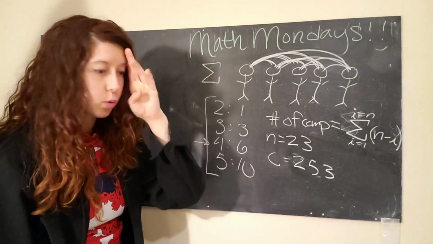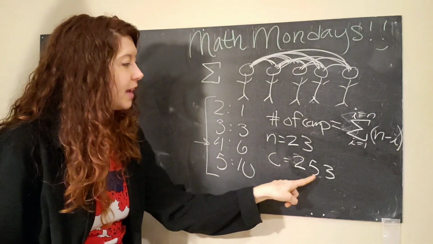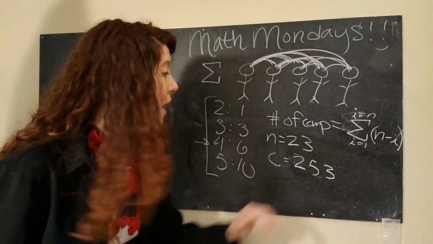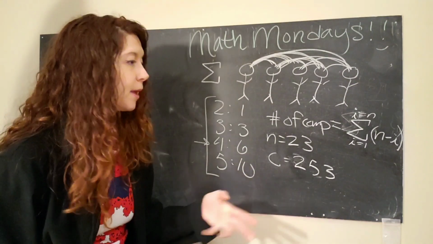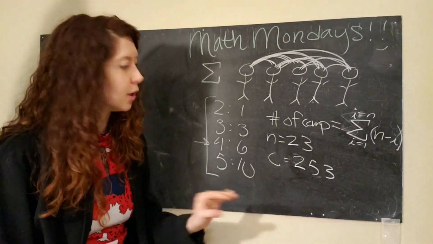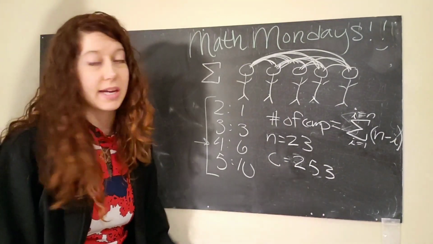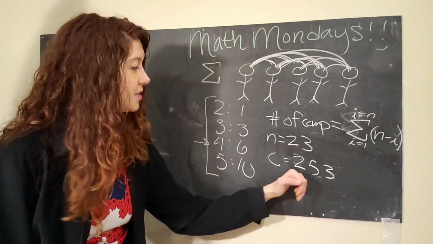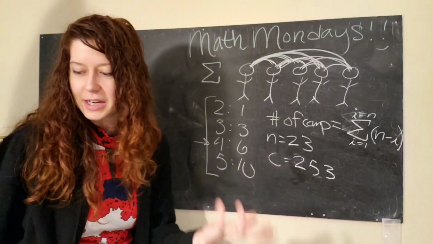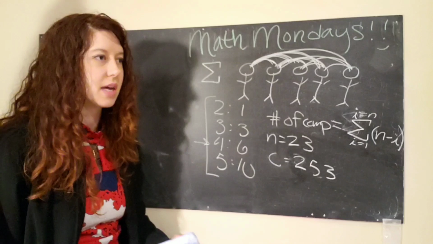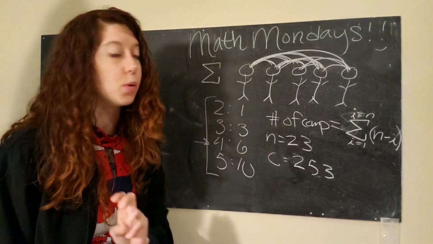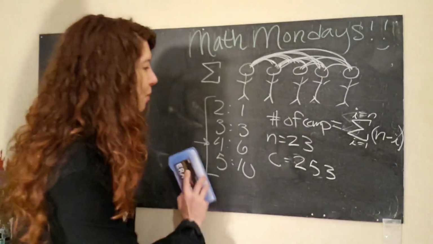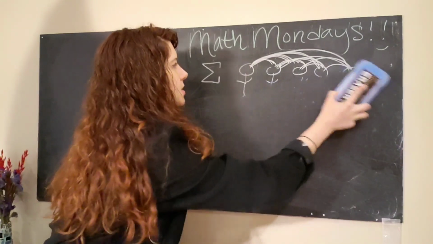When you have 23 people in a room, you have 253 times that you can ask the question, do you have the same birthday as me? That's a lot. And so if you think about it, when there's 365 days out of the year, if you have asked, do you have the same birthday as me, 253 times, that's a lot of times. And okay, so you can make an inference like, okay, it might seem likely that 2 people in a room of 23 would have the same birthday. Cool. But we still haven't talked about probability yet. So let us break into that.